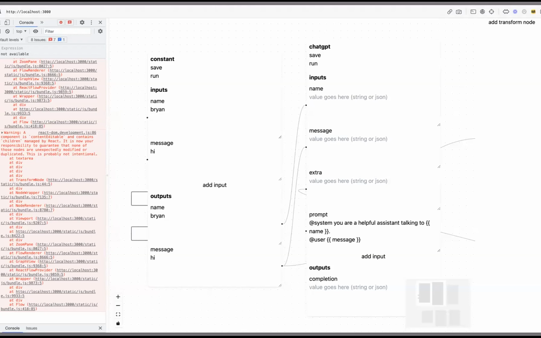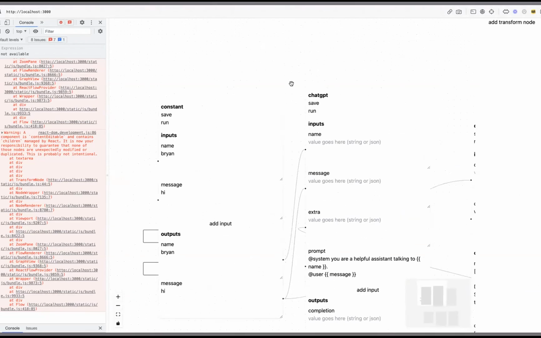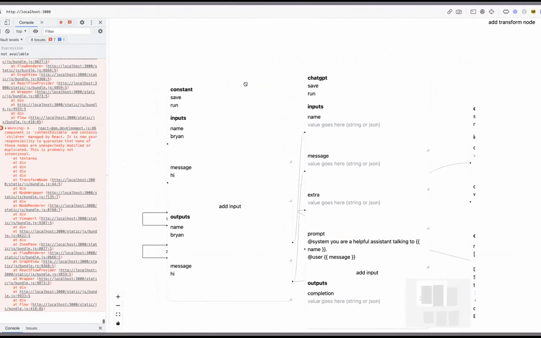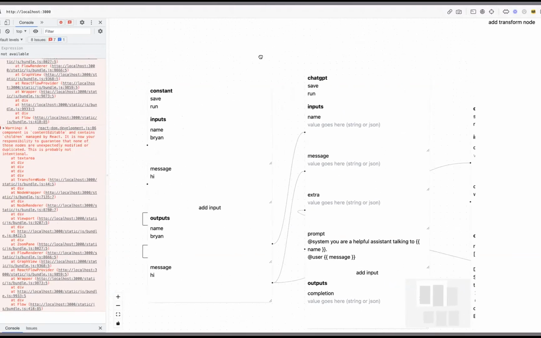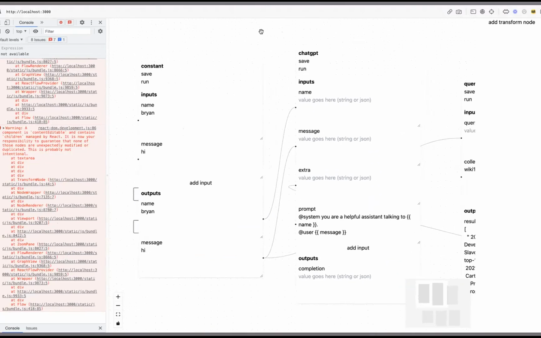Spatial is basically a visual prototyping tool that makes it like 10 times faster and easier to get your LLM apps off the ground. The way it works is that instead of writing code, you have this canvas and you have these blocks. The idea is that you can build up any arbitrary workflow just by adding and composing these different blocks together. As a quick example,